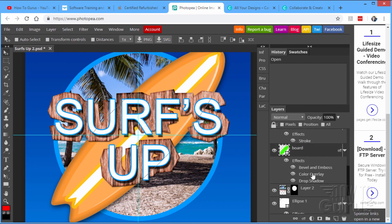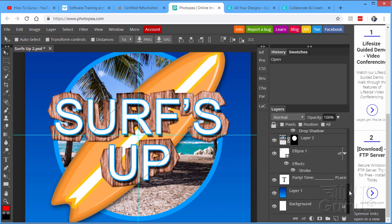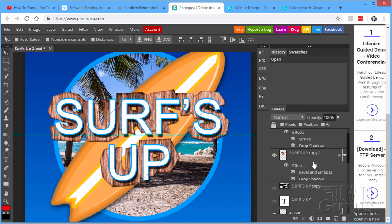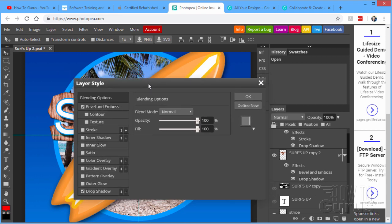There's the surfboard. It has a color overlay, for instance. You can't do a color overlay inside of Elements, but you can inside of Photoshop. It has a fancy bevel and emboss as well, and some other standard stuff, a layer mask. All this stuff is available here inside of this program online. Let's take a look at the effects. I'll just double click where it says effects, and it brings up the layer styles dialog box exactly like it